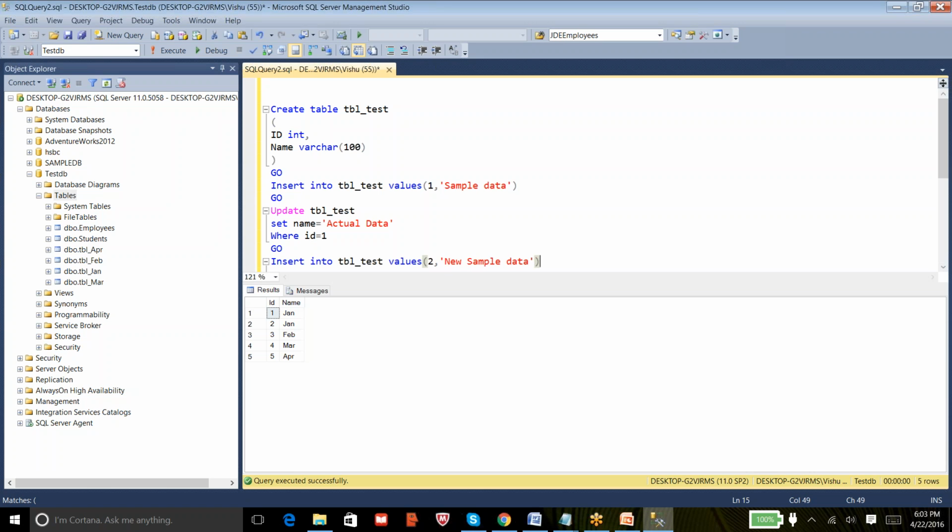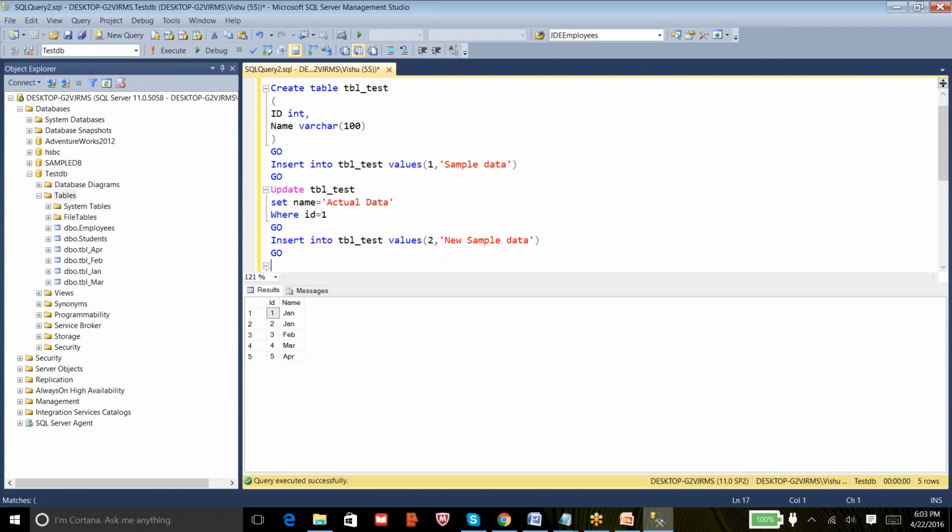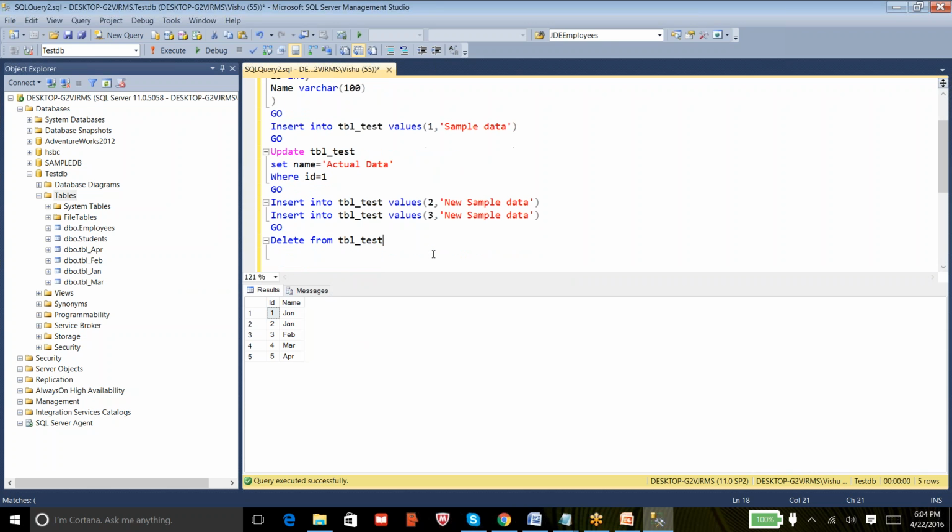Then after that, I delete data from this table. Let me insert one more row here so it will be easy to identify the operations. I name it as 3. Now I'm deleting the data from table tbl_test where ID equals 3.